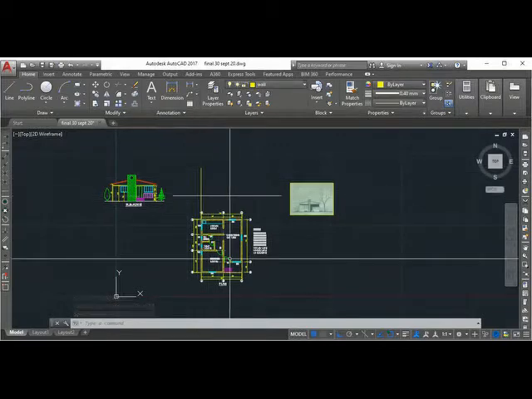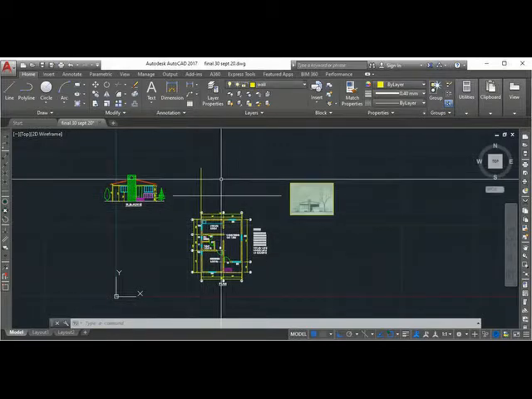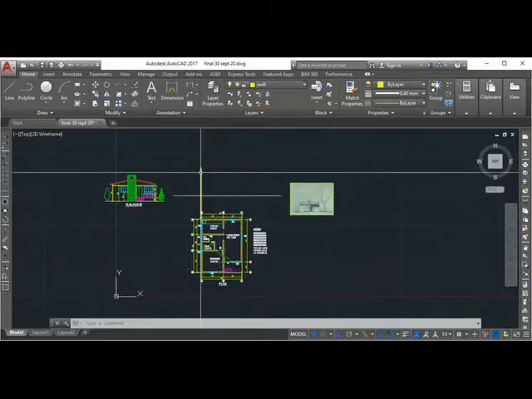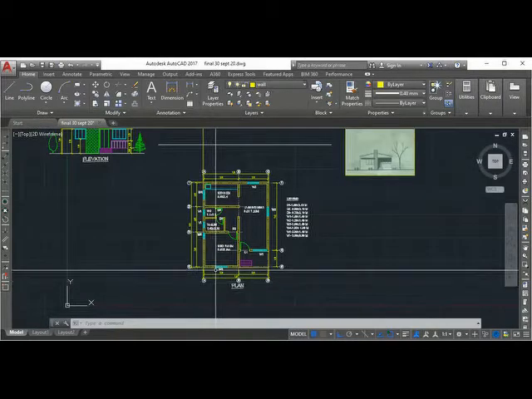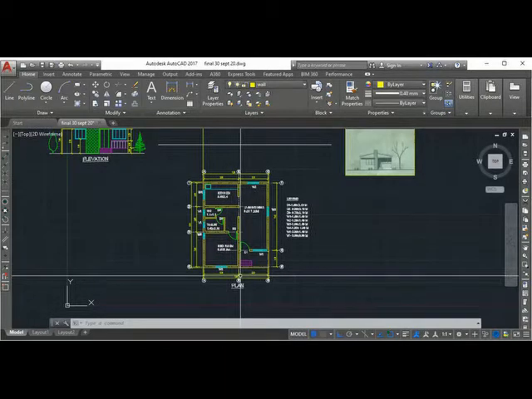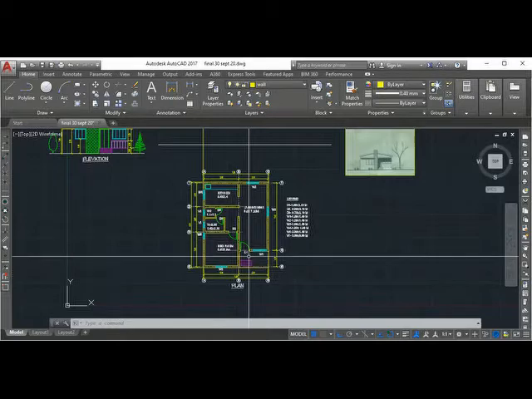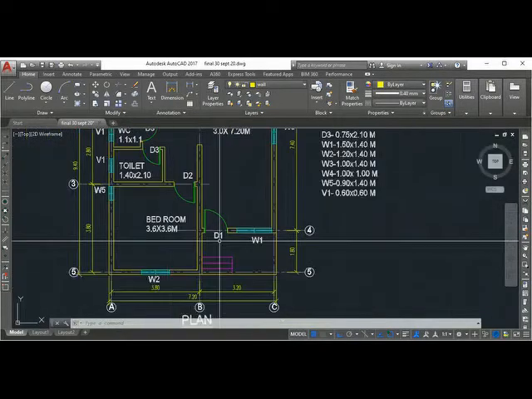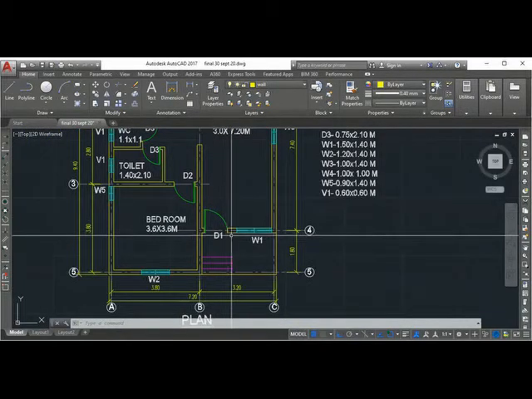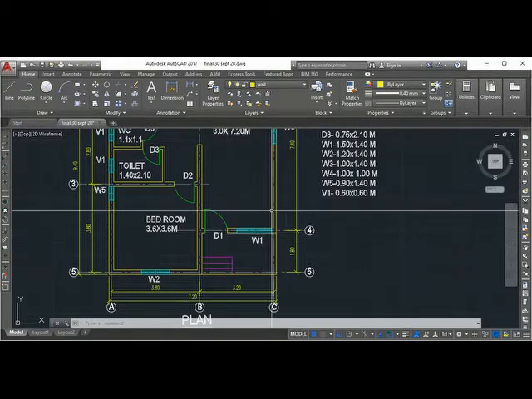I will show you that later. So I've drawn one line. Now I want to copy this line to show the window, here at the end of the wall corner, and this point, this point, this point. I have to draw all those lines.